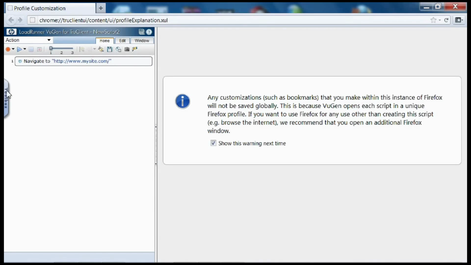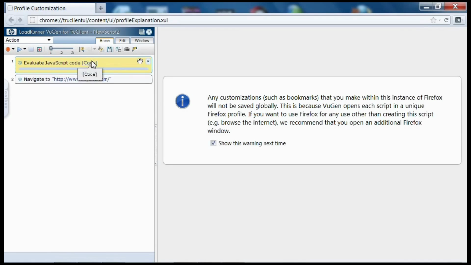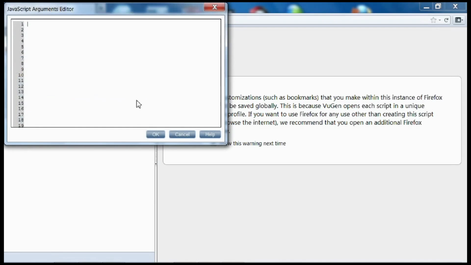Another important enhancement is the addition of new APIs that handle HTTP headers and URL filtering. In this demonstration, we'd like to show you the URL filtering feature. This is important in cases where your application includes external content, for example, on a content delivery network, CDN, that you do not want to load.